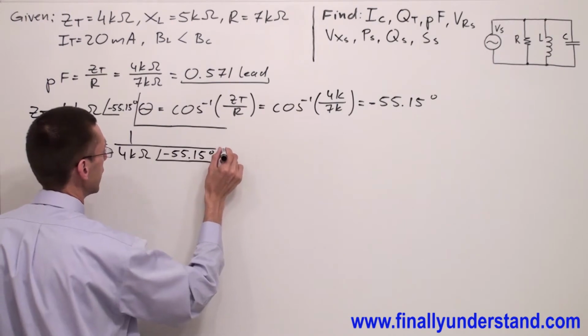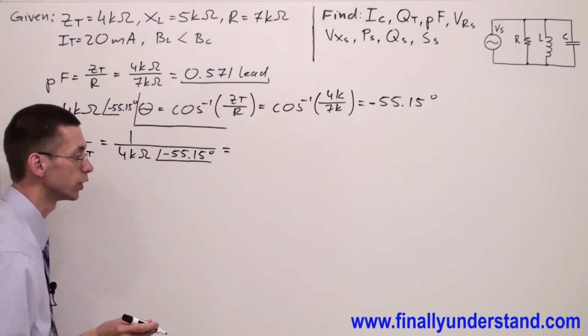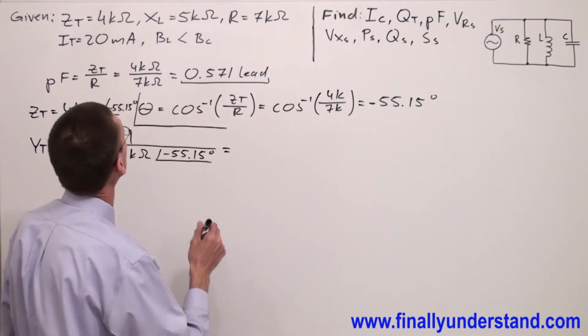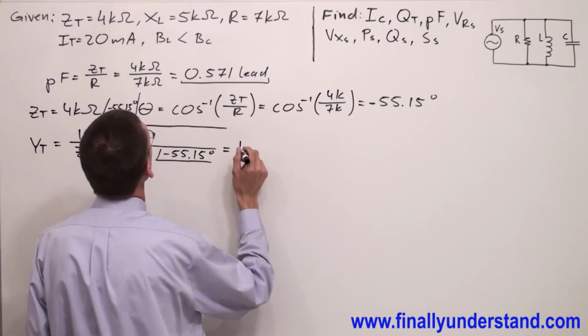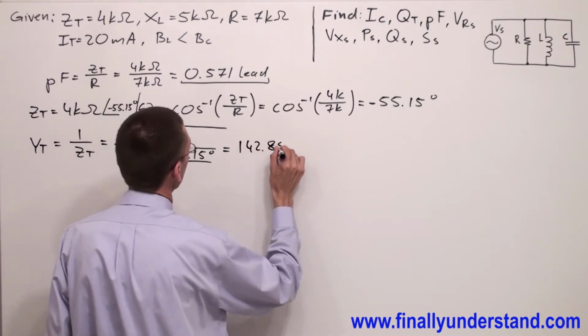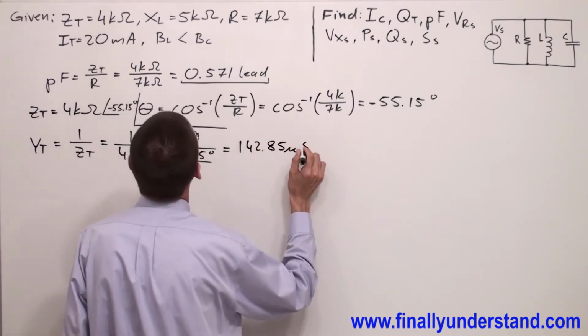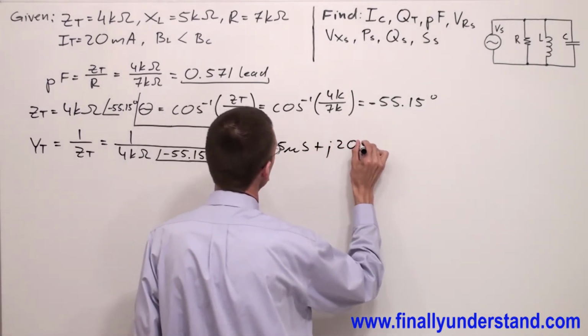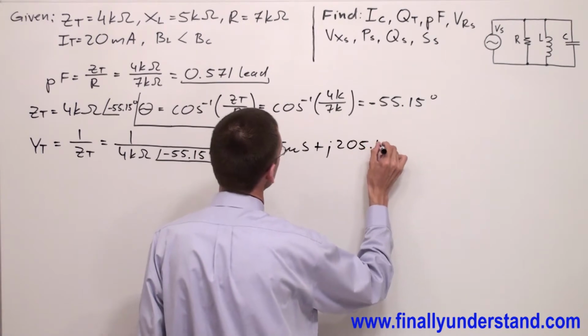Okay, but now you're supposed to switch your calculators to the rectangular mode, and you're supposed to obtain 142.85 microsiemens plus j 205.16